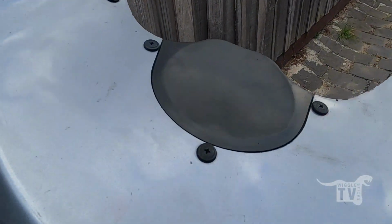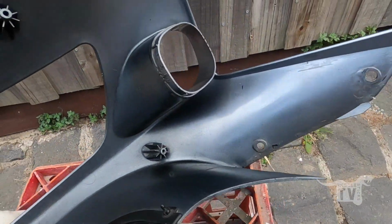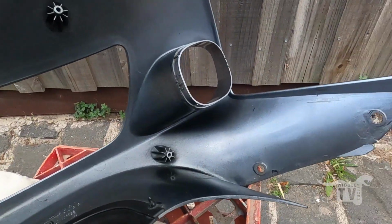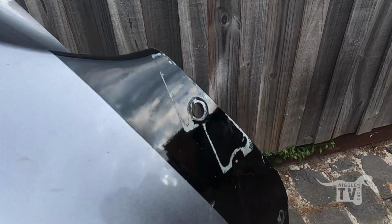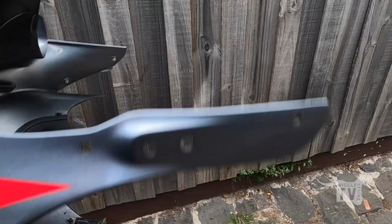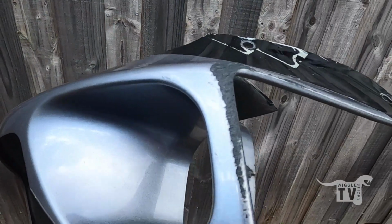It actually came with that little piece on the bottom, and it's in really good shape on the inside. It even has the warning label. So I'll just continue cleaning it up and getting the tape marks off the side there. It's pretty nice on that side. It's just on the other side, it's got a little bit of